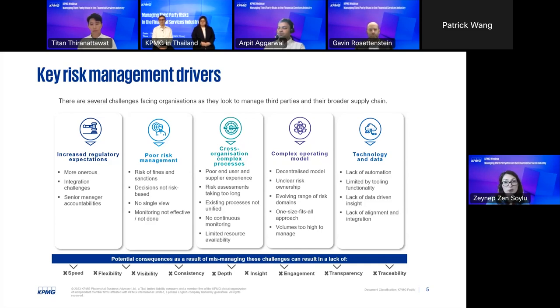If we bring it all together, it is by nature that there is a heightened focus on third-party risk management across all the industries, whether it is related to regulatory pressures, is it a board concern, or management wants to get better visibility and better understand the exposures across the board. We just need to be on top of it.